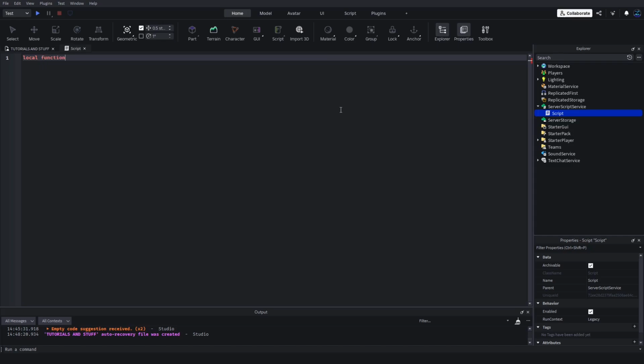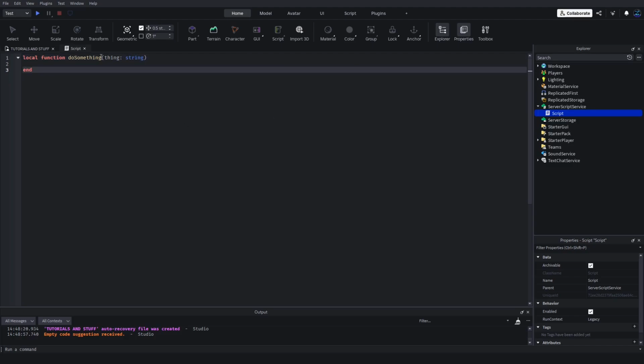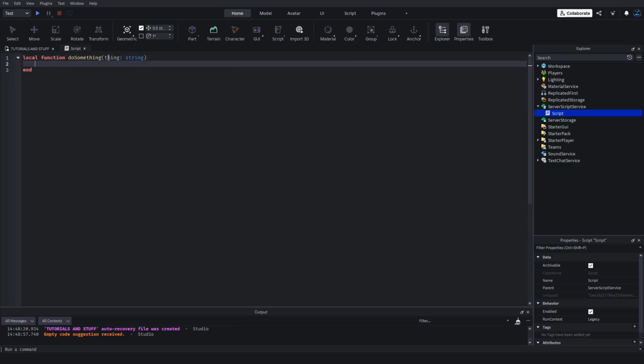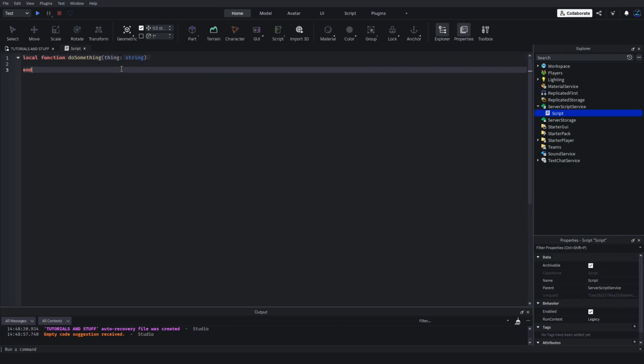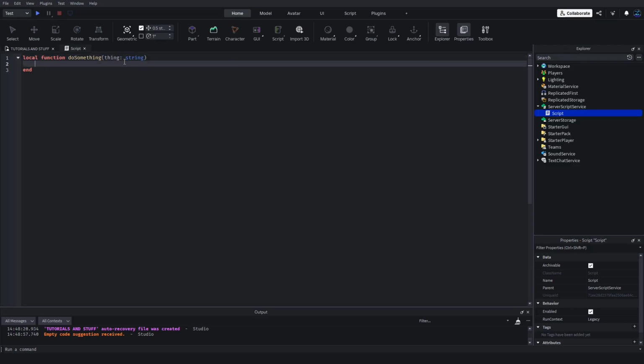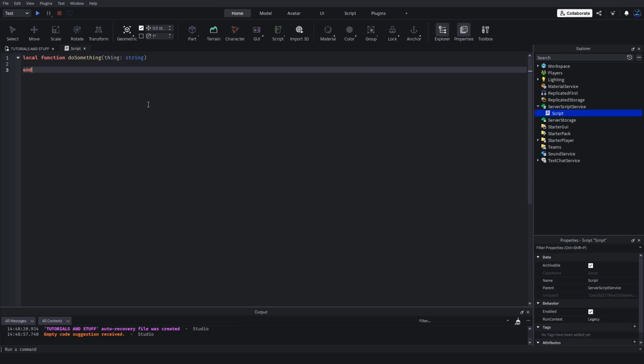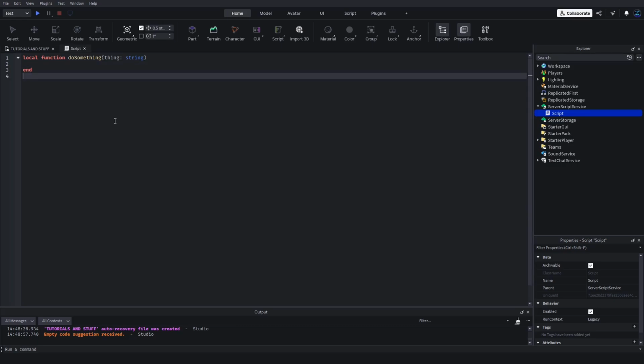So let's say we make a function, do something, and let's pass thing, and we're going to set the type to string, which is what we're doing here. As you can see, we had the little colon string. What you're basically doing is saying thing is a, imagine the colon stands for "is a", so thing is a string, right? And the cool thing about this is it basically lets you know if things are wrong with your code, like if you're trying to do something to thing that you can't do to